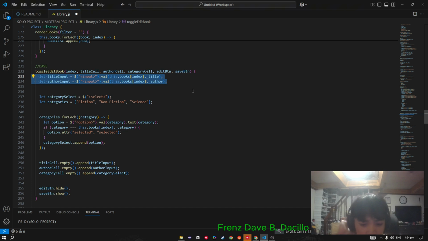It creates input elements for the book's title and author, and it assigns the current title and author from this.books at the index. After creating the input fields, we now create a drop-down for selecting the category. It defines an array of category options, as you can see here.